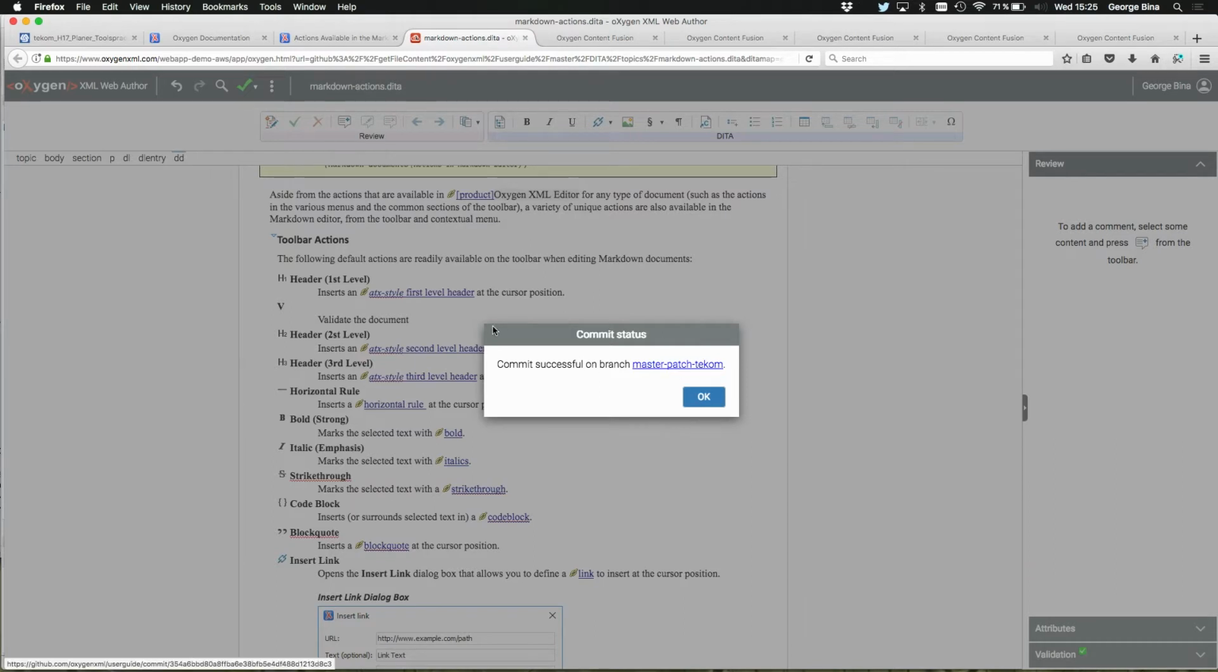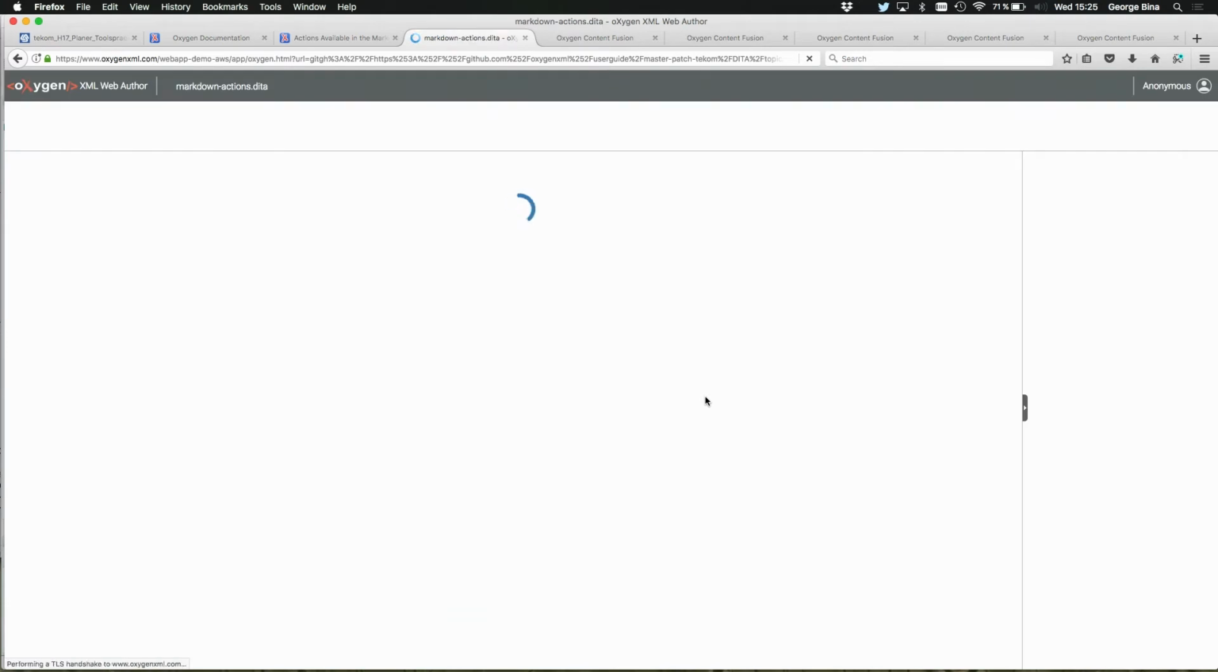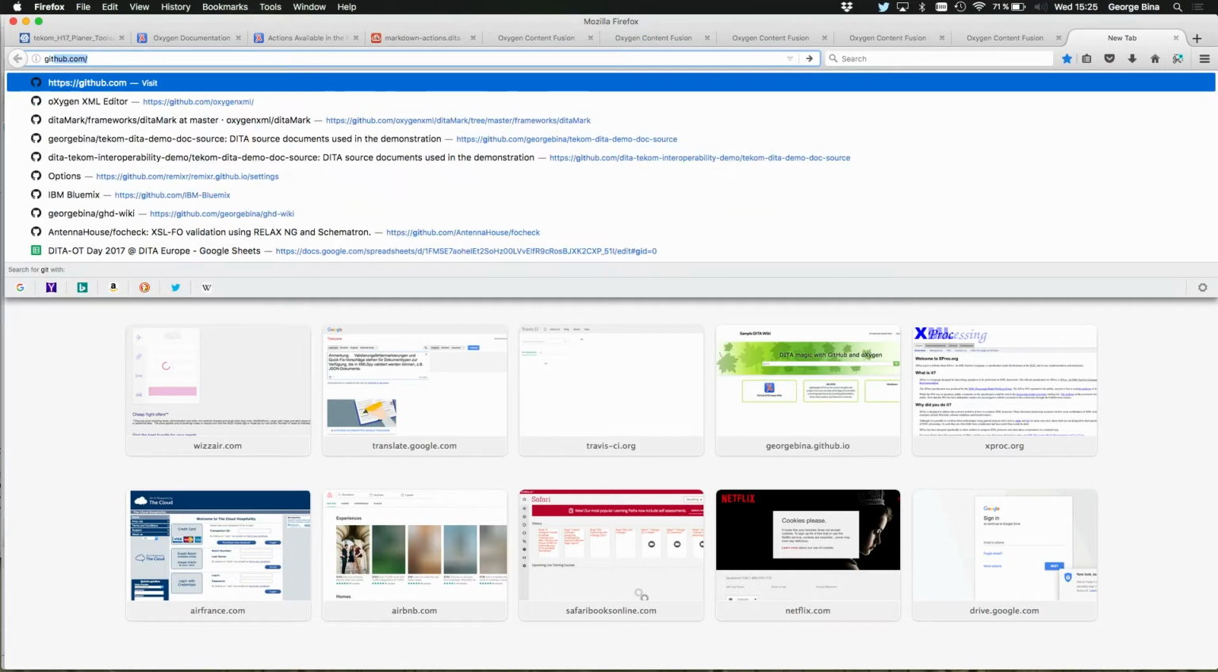And now, this is our user guide. This version will switch to the new branch, so additional changes that I make will go to that branch. If it's a pull request, that pull request will be updated live. And if we go to GitHub,